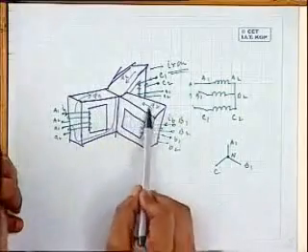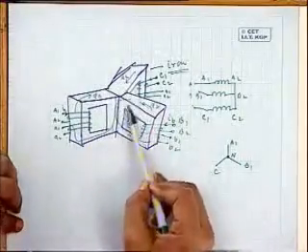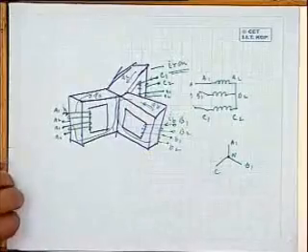How will the flux path be completed? This phi A will go like this through the central path and complete its path. Phi B will complete like this, phi C like this. You tell me what will be the flux in the central limb? Zero. Right. Because phi max sin omega t plus phi max sin (omega t minus 120 degrees) plus phi max sin (omega t minus 240 degrees) is 0. That is, the central part will not carry any flux. Therefore, why do you keep this central part at all? Remove that iron.